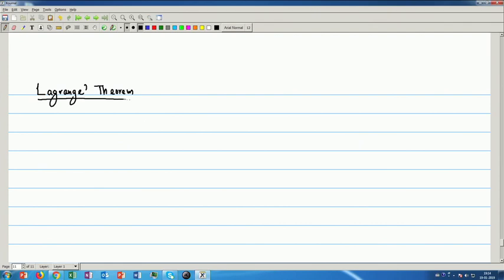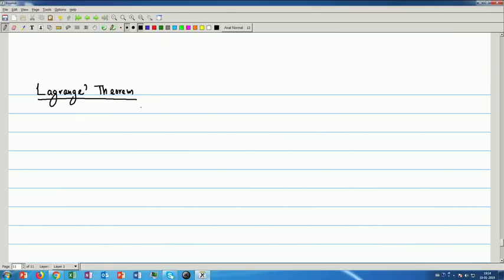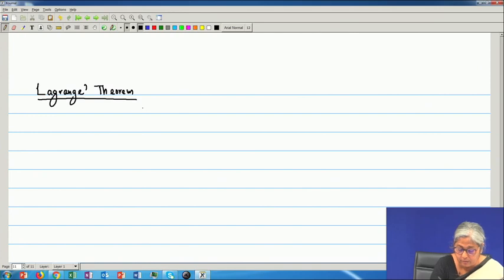Now, Lagrange's theorem tells about the property of the order of a group. If we remember the order, we have defined it as the size of a group, and the group must be finite, otherwise there is no concept of a size. So, we can write that any group of prime order